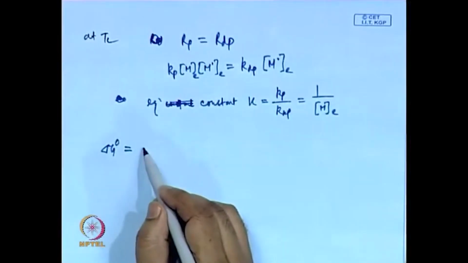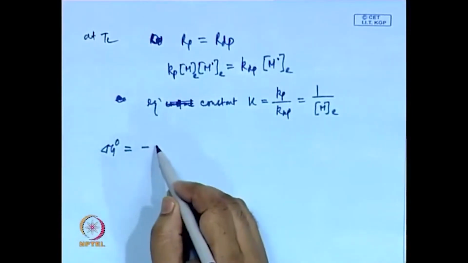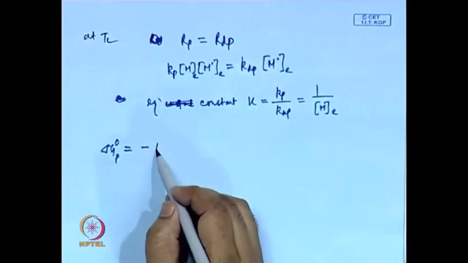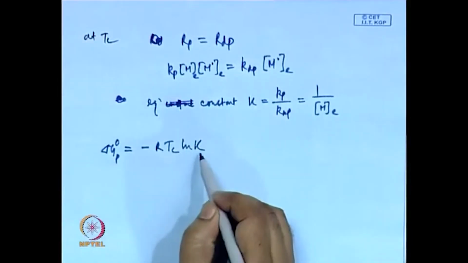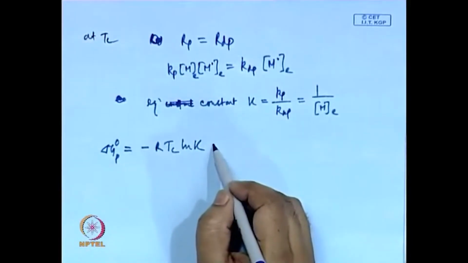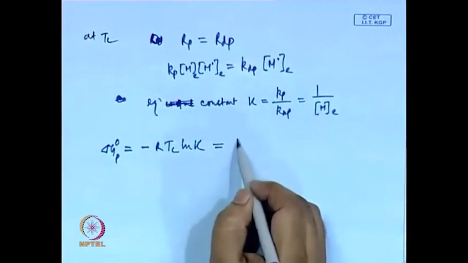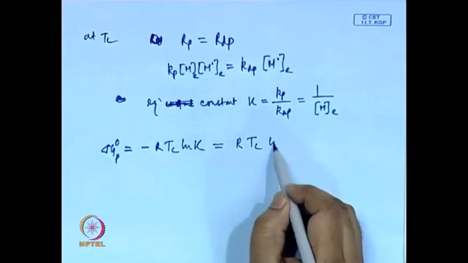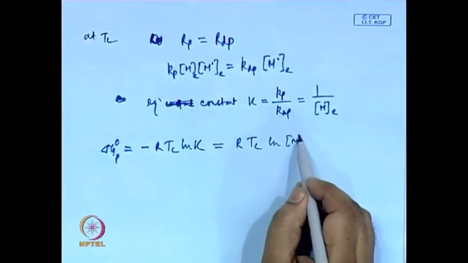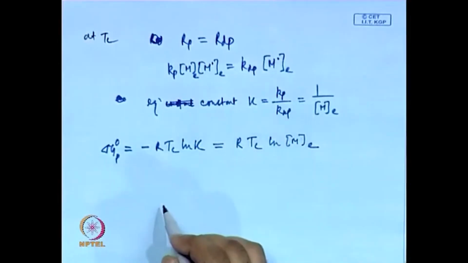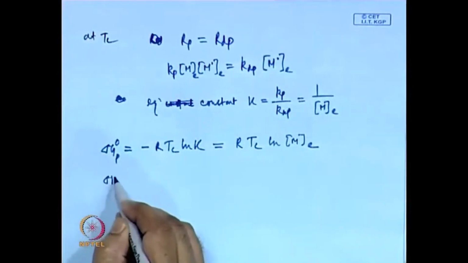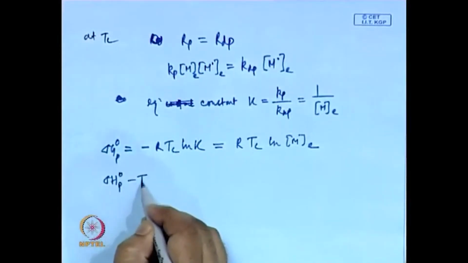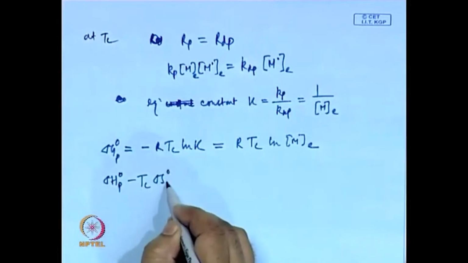We know del G 0 standard gives the free energy change for polymerization, which is minus R Tc ln K, where K is the equilibrium constant. We can write from this R Tc ln Me, and we can write del G 0 P as del H 0 P minus Tc del S 0 P,